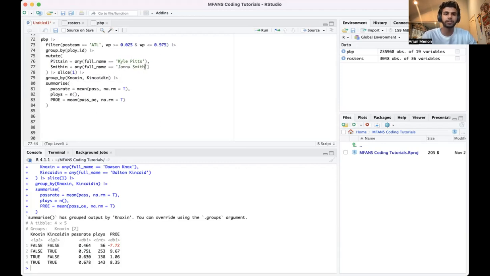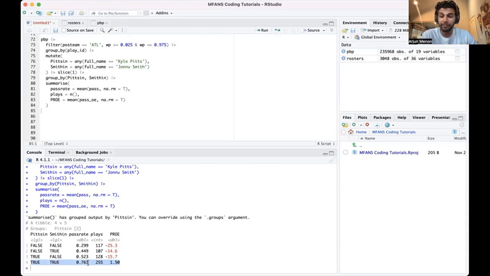And we're going to look at the same thing, and we're going to adjust the group by to fit that. So again, we're looking at Atlanta. We're filtering only plays where Atlanta's offense, non-garbage time, and running the same functions. And let's see what we get. So, wow. So when both tight ends are in, they pass the ball 76% of the time, which is 24%